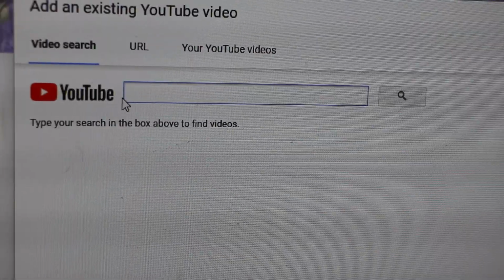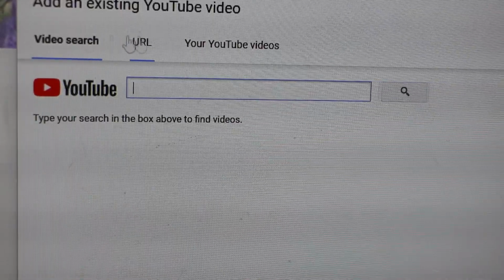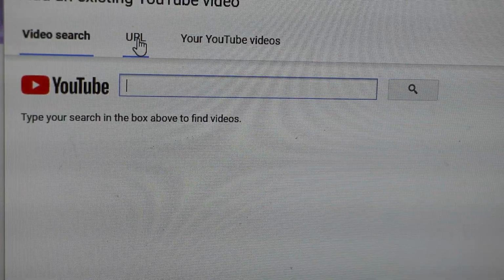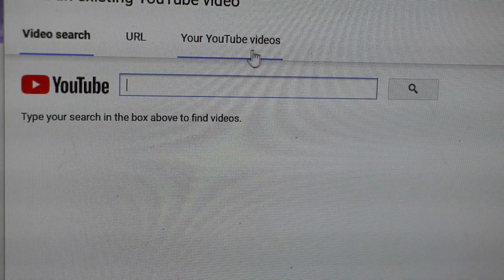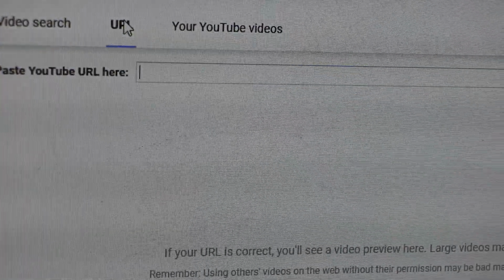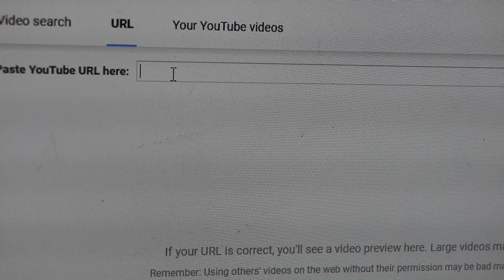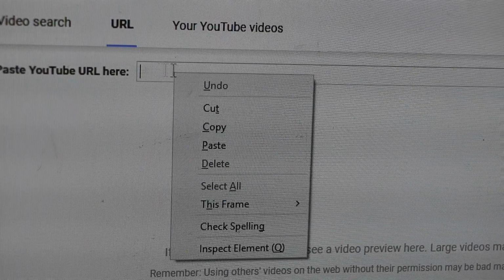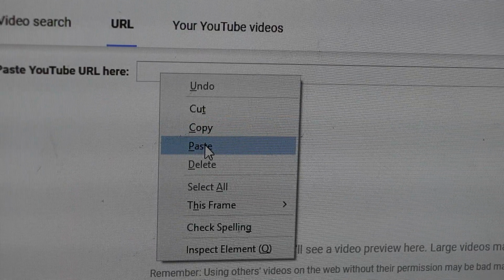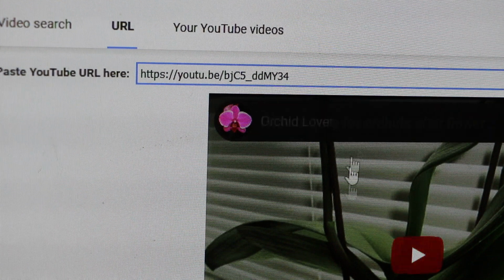Bear with me. YouTube, type search, and then video search on the top. URL, you have a choice here, your YouTube video, so you have to click the URL. Once you click the URL, guys, you have to put this arrow here. Of course, once this one is blinking, you are gonna paste, and voila, this is our